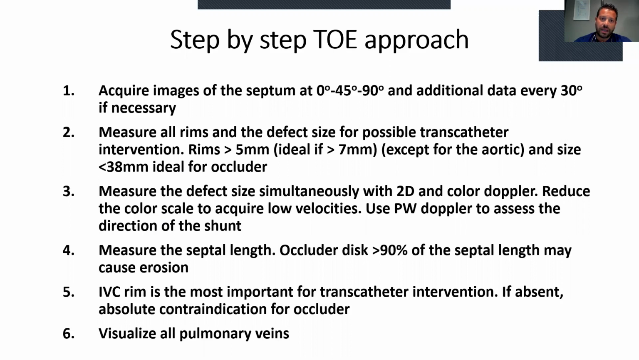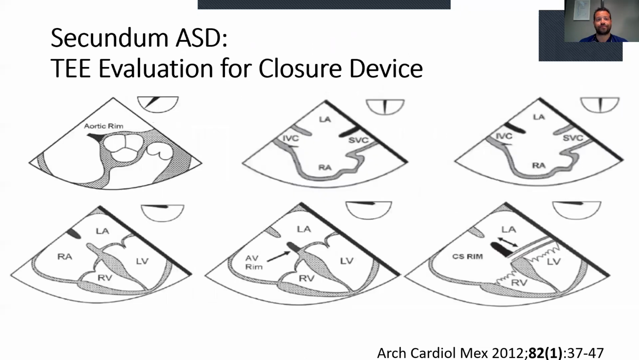And of course, before we finish our case, we have to visualize all pulmonary veins, the left and the right, and we have to check that they all go directly into the left atrium. This is the protocol that we use in transesophageal echo, and as you can see, from 0 degrees to 90 degrees, we